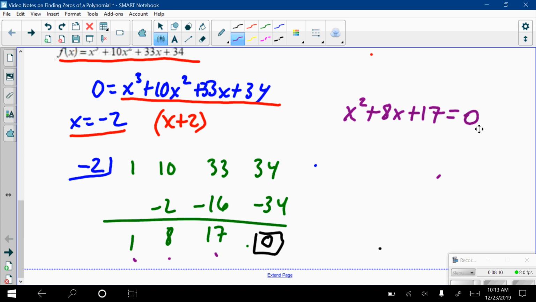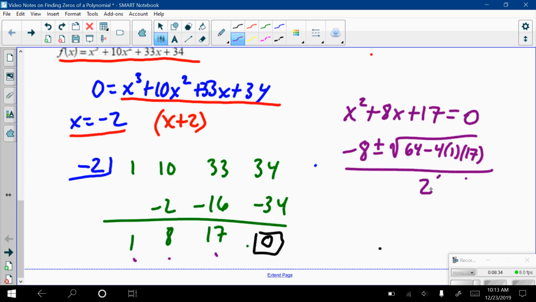Okay, this is a normal quadratic. You guys know how to solve this. Does it factor? Well, what multiplies to 17 adds to 8? It does not factor. So I'm going to do quadratic formula. Okay. Be careful about my simplifying here. I'm going to do -8 plus or minus. Type all of this in my calculator. We get -4